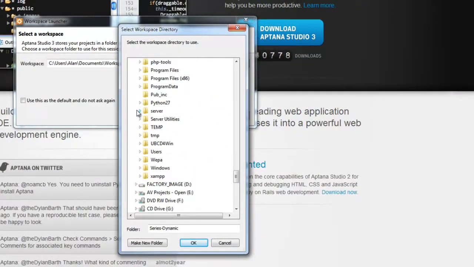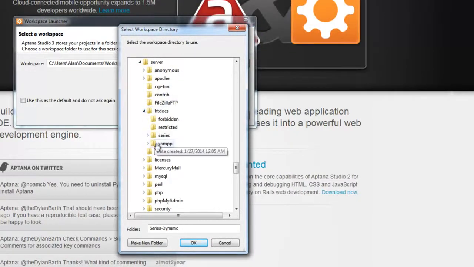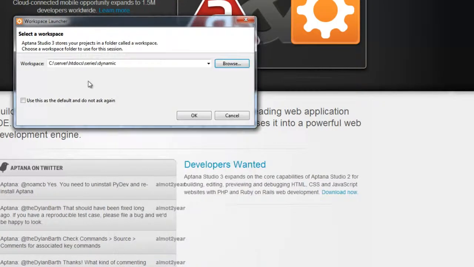So in my case, I'm going to go to the server folder. In your case, you might go to the Xampp, wherever you installed that server that we talked about earlier. So we're going to go to htdocs, and then I have my series folder and dynamic. I say OK. Now this is going to be my workspace. This is where all my project files are going to go. Now I can say OK,